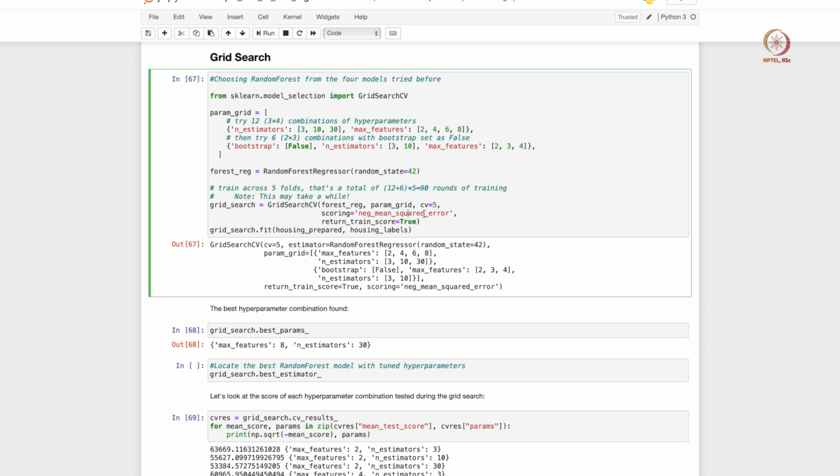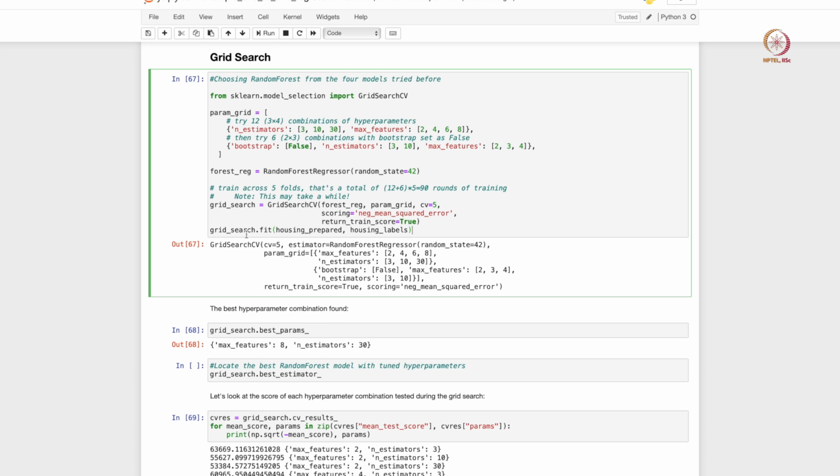And that scoring is going to be the mean squared error. So here it is negative mean squared error because the way the model is constructed is a little different. If you have models that have minimization of their objective functions, then you minimize mean squared errors, but if they have a maximization as an objective, then you maximize negative mean squared errors, right. And then you want to see the training score, so that's why we say return training score is true.